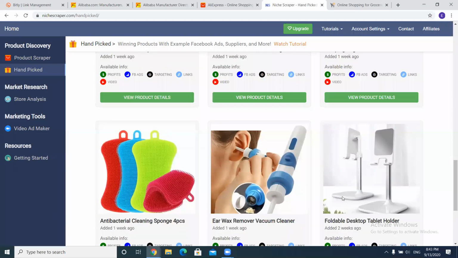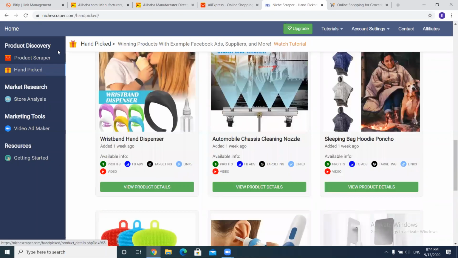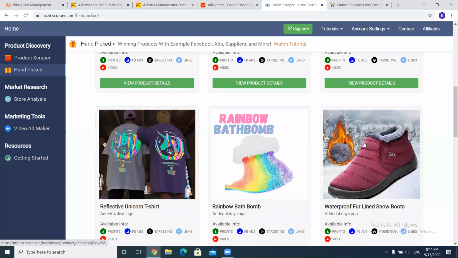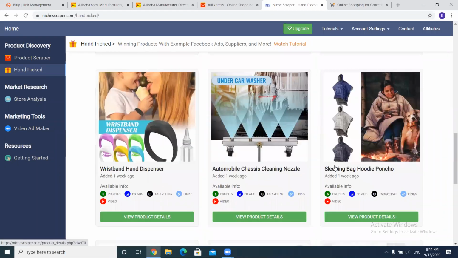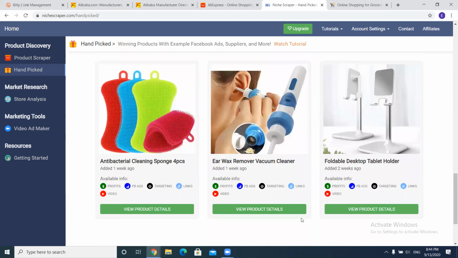All right. Can you hear me? Yes. So once we get on AliExpress, you can see there are a lot of products that you can check. But because of time, I will just pick one as an example. So this ear wax remover vacuum cleaner, I'm just feeling like selling it. But before we go into this, I need you guys to understand something. Don't ever import a product in large quantities because you feel